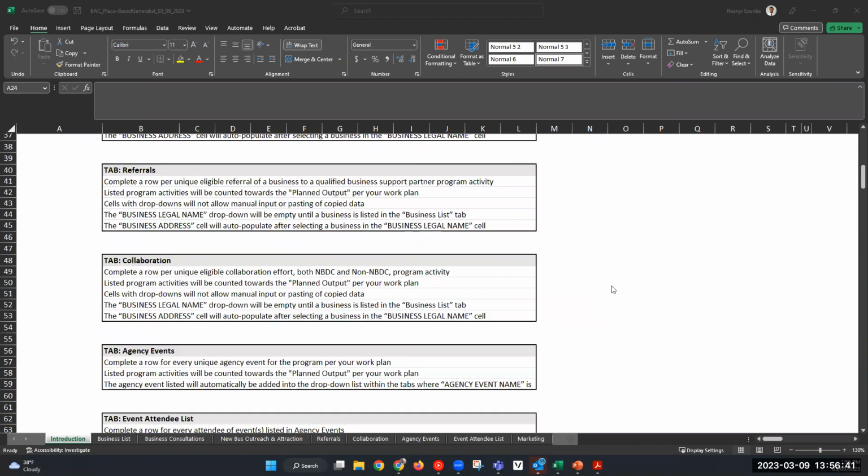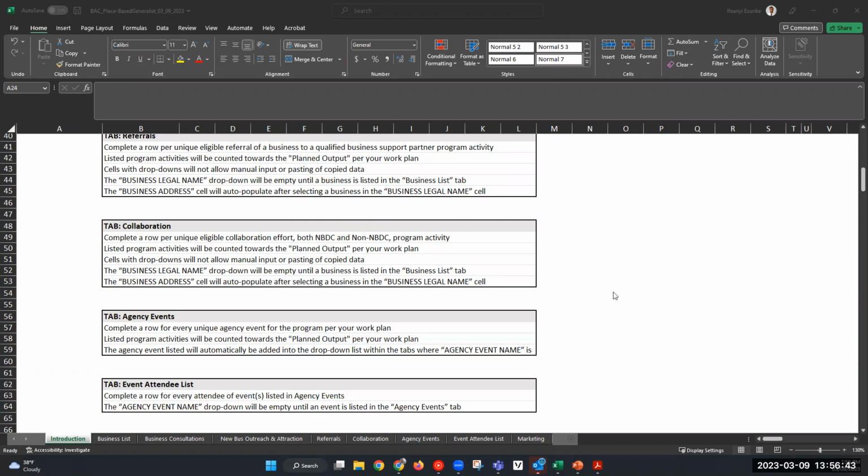The agency events tab. You're instructed to complete a row per unique eligible collaboration effort, both NBDC and non-NBDC program activity. Listed program activities will be counted towards the plan output per your work plan.